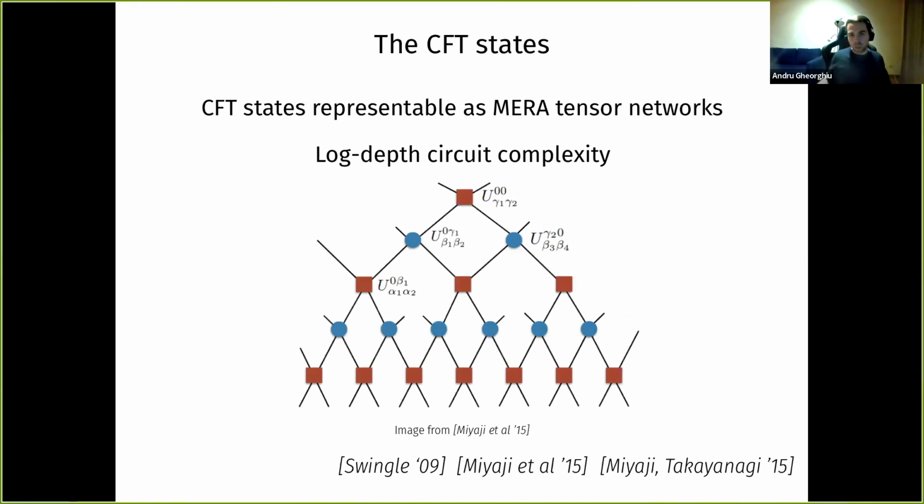So one last comment that I'd like to make about this is you might be wondering, what does this have to do with low depth? This was the reason we started thinking about this, because of this idea that these CFT states are associated to tensor networks, which have, say, logarithmic depth, so it's some sort of log depth tree. And this motivated the question of, if you have states that were produced by log depth circuits, is it hard or easy to estimate their entropy?